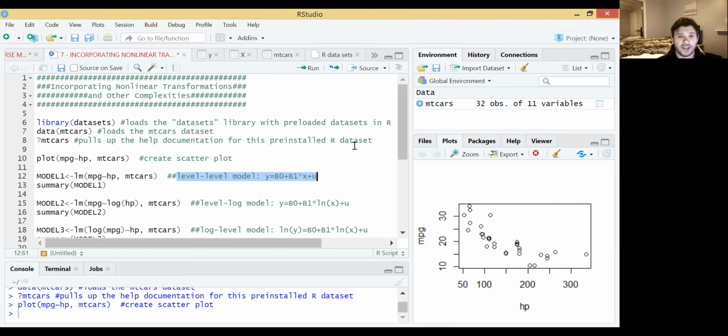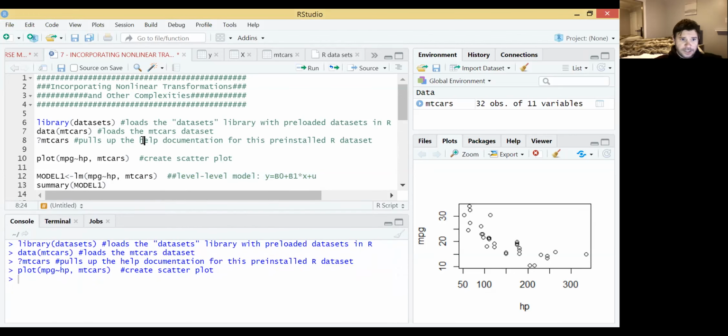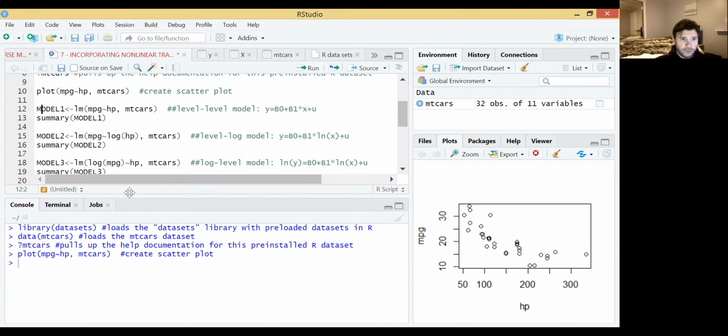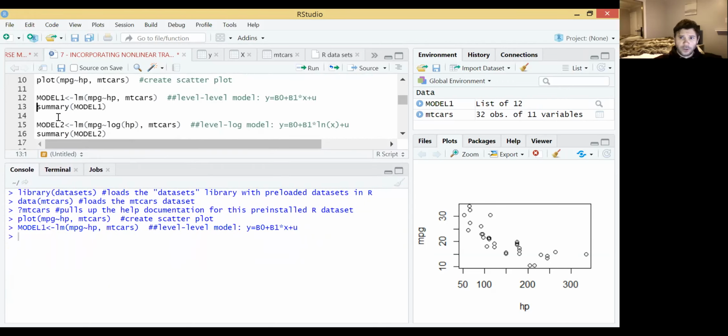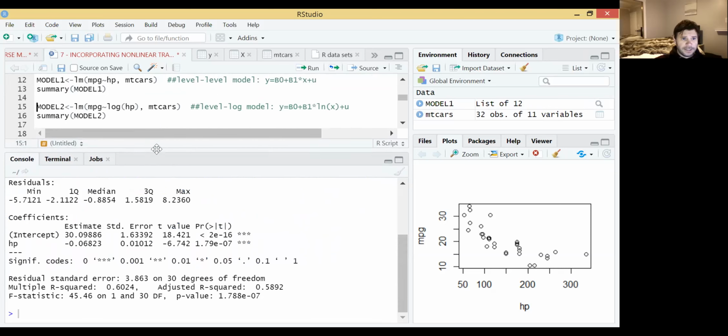So the interpretation of beta 1 in this particular setting is that it is the change in y with respect to the change in x. All right, now, if we run model 1 here, we can take a look at our summary output. So let's go ahead and do that. We'll run model 1, and let me give us a little bit of space down here in the console window to look at the output resulting when we build model 1. So here's model 1. We built it, and now we want to take a look at the summary output in the bottom panel of